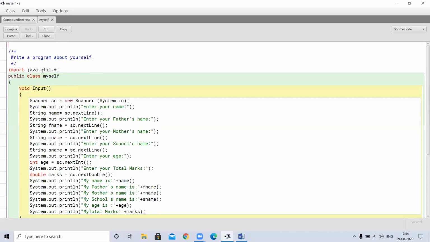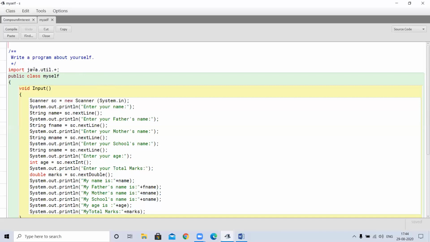Which package? Util. Util.star means all the classes available in the package util. We can avail all those classes in our program. The scanner class is also part of the package util.